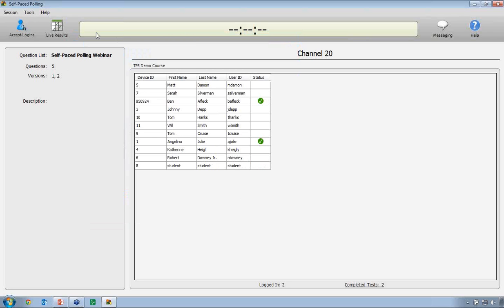Okay. As far as the testing process goes, one thing I will give you a heads up on: if a student submits their exam on their keypad, so if they finish their test, answer all the questions, submit it, say yes, I definitely want to submit it, and then after that's done, say, oh, I want to go back and change an answer, they cannot do that. If they want to change an answer, they will have to re-enter the self-paced test and re-answer all the questions. So keep that in mind: once a student submits it, they are committed to what they've entered. It's done. They cannot change anything without redoing the entire test.